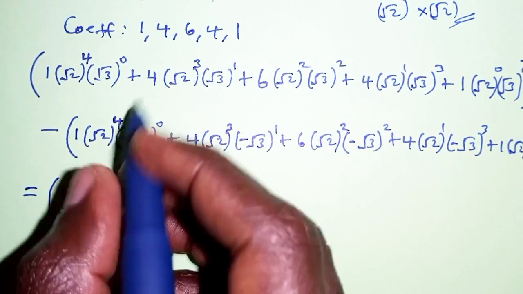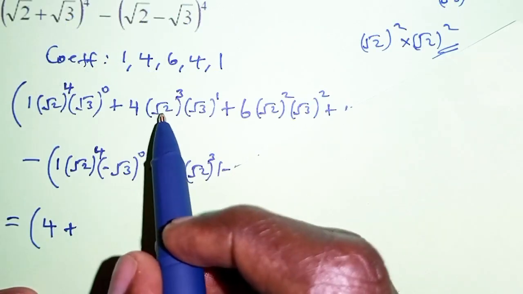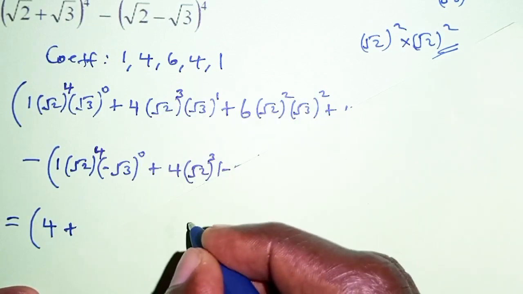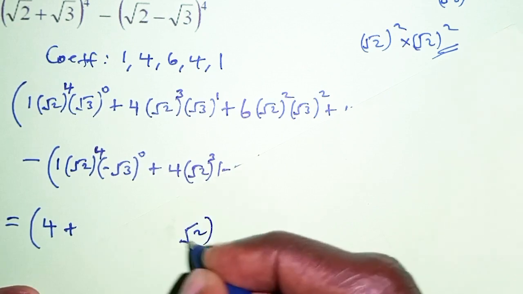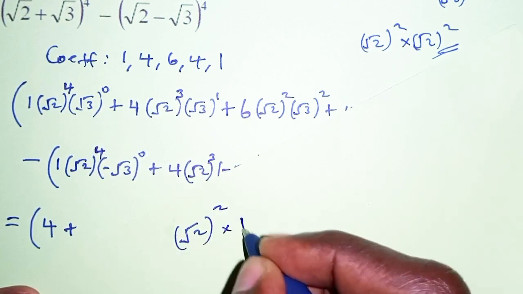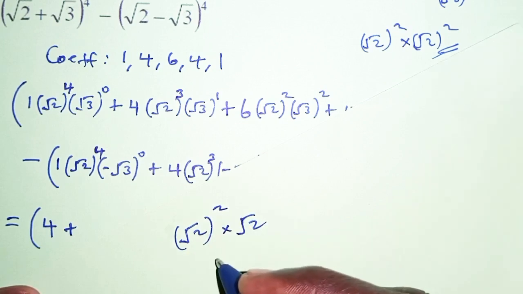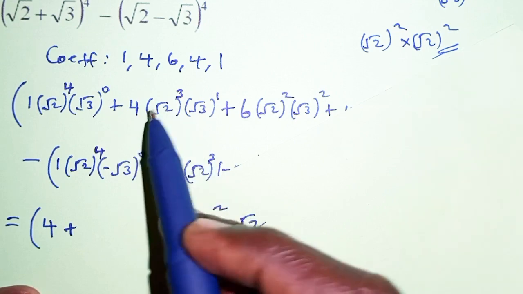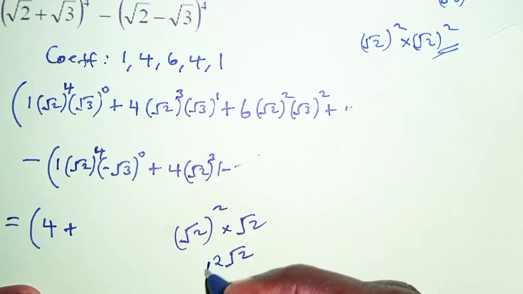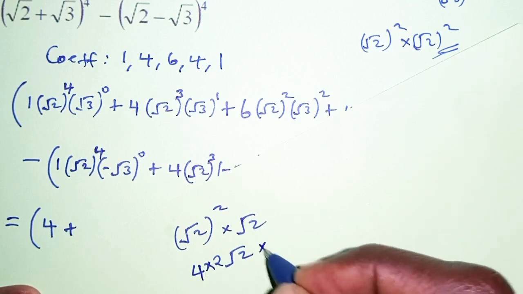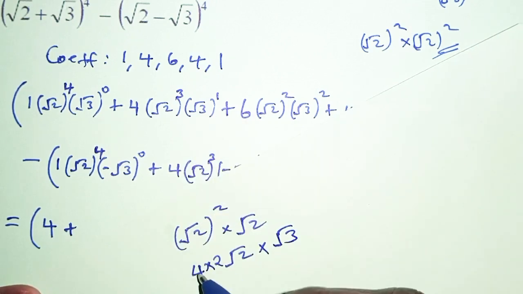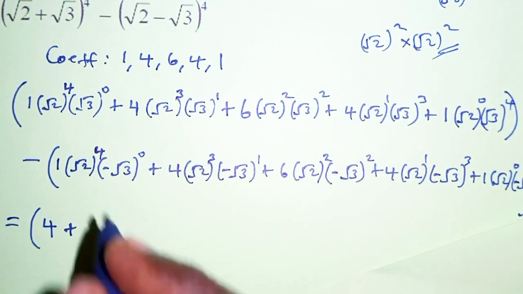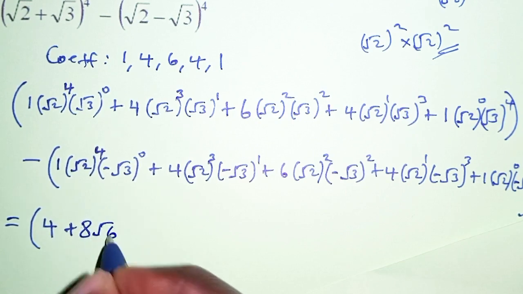For the next part, we have plus, so here we have root 2 cubed. Root 2 cubed is equivalent to saying root 2 squared times root 2. So root 2 squared is 2, so that we have 2 root 2. And then 2 root 2 multiplied by 4, that gives us 8. So we multiply by 4. And then we'll have to multiply by root 3. That is 8 root 6. Root 2 times root 3 is root 6. So here we are going to have 8 root 6